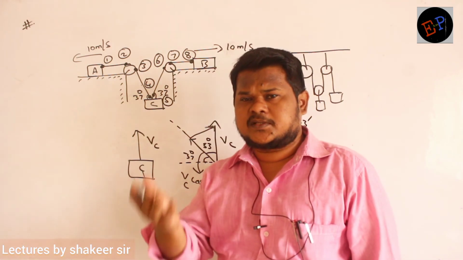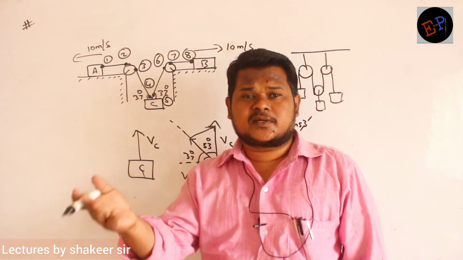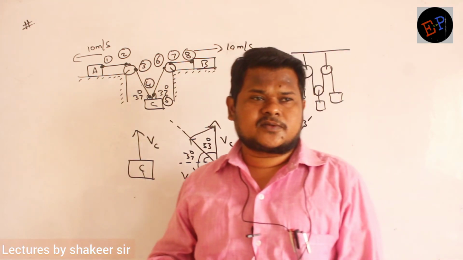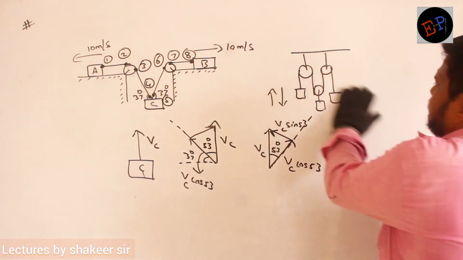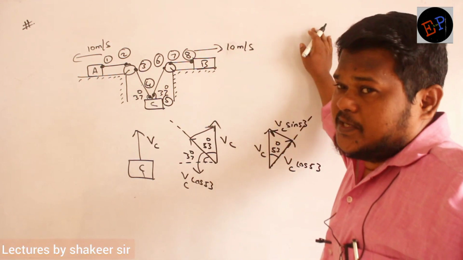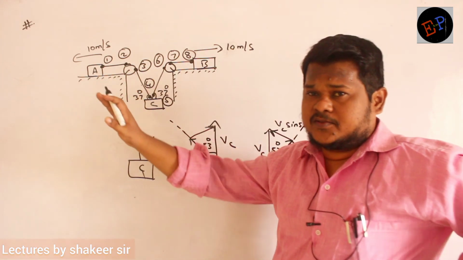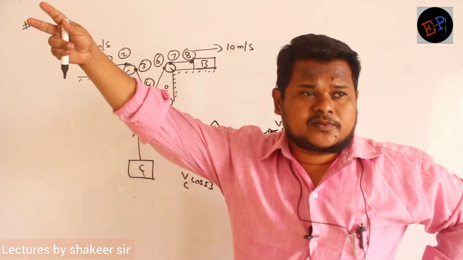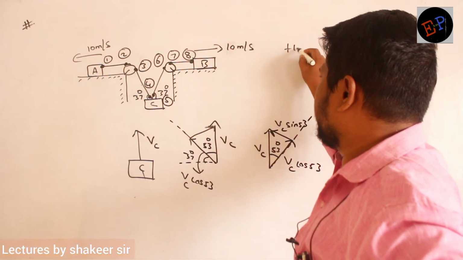Again same concept. If a particular velocity is responsible for increasing the length or decreasing the length: if it is increasing, take velocity positive. If it is decreasing, such velocity should be taken negative. Sum of all velocities should be equal to 0. Same concept. Clear? Now try to apply. So what is the velocity of the first point? 10. Plus 10 or minus 10? Plus 10. Why plus 10? Because its length will increase, no? If this point moves in this direction, the length of this string will increase. The length increases, no? If length increases, such velocity should be taken positive. So plus 10. Clear ma?